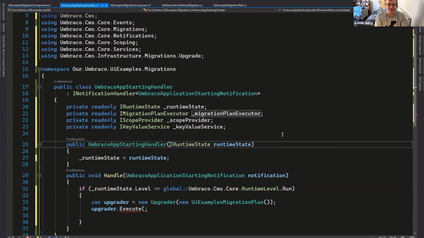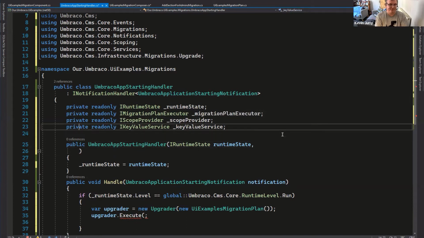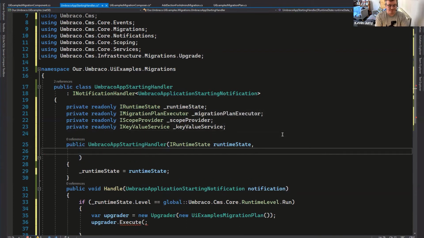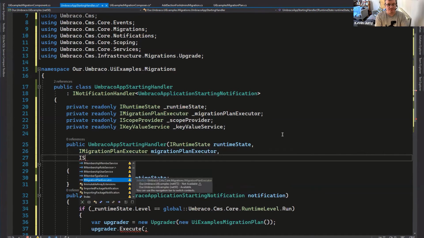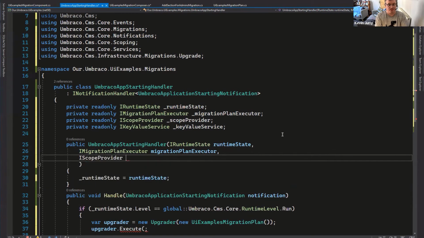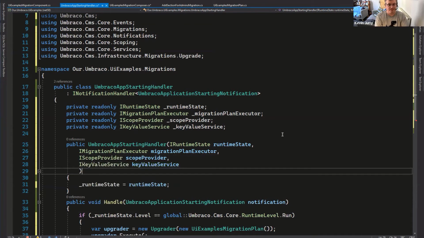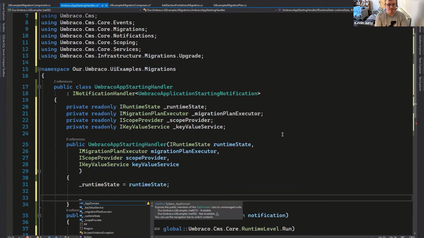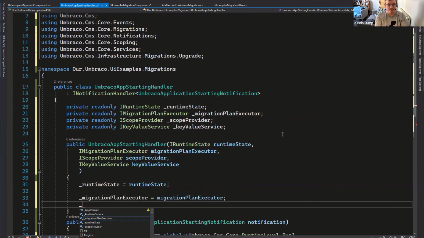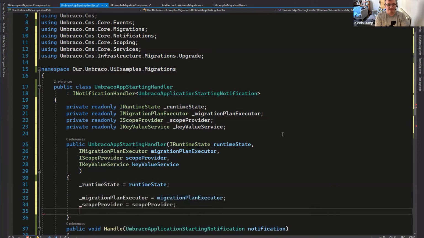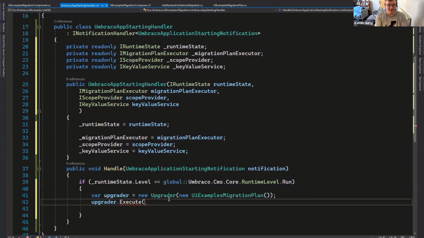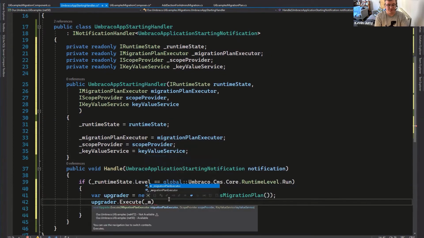And then essentially I need to also inject them into this bit. And then hopefully, if I've included the right ones,